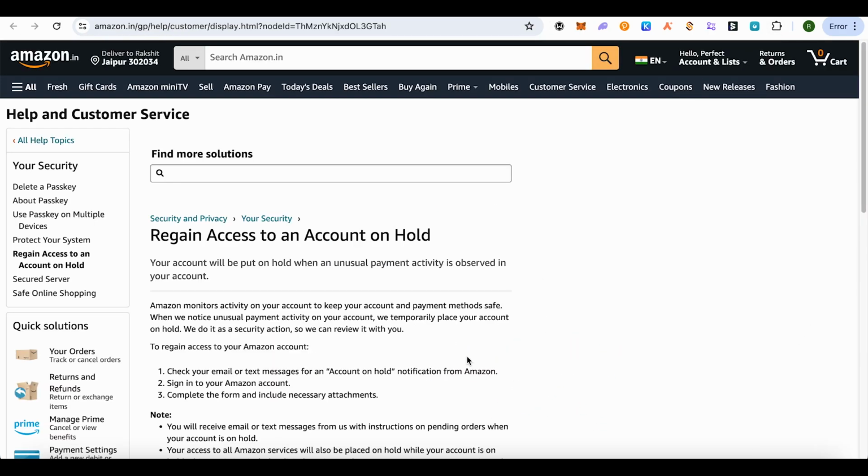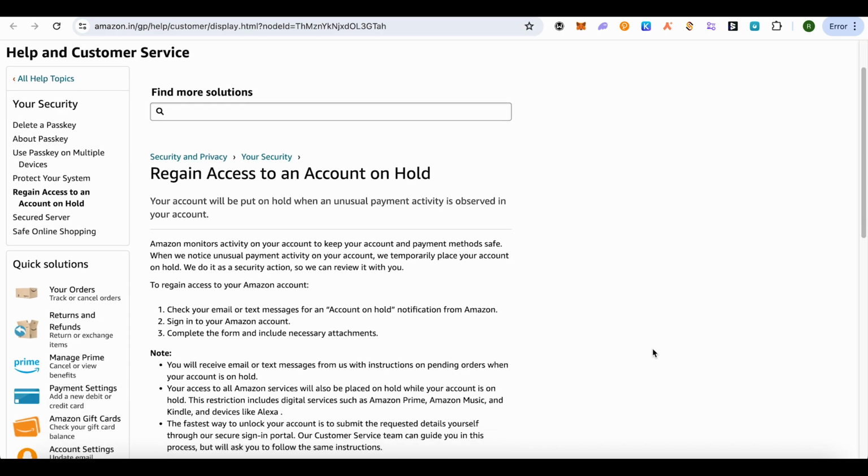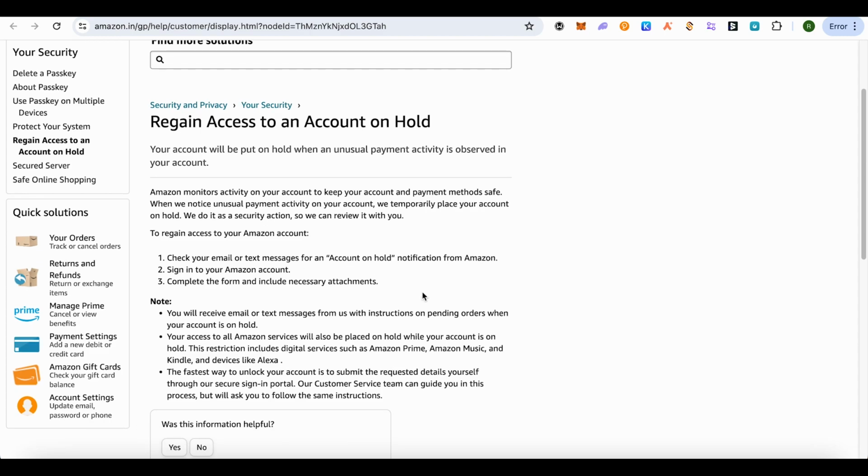For this, you will have to open up your email or text messages from Amazon. You would be getting an email with the subject called account on hold. This might be due to security reasons from Amazon in order to keep your account safe. So if your account is on hold, you should have received an email or text message from Amazon, and after